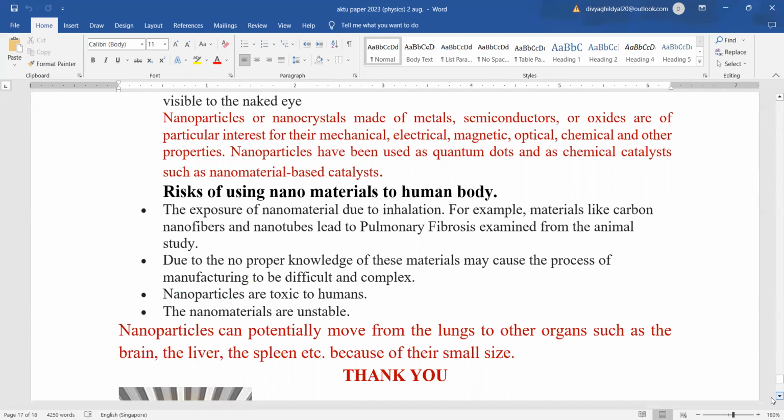Research is still going on with nanomaterials, which, because of their small size, have the potential to move from the lungs to other organs such as the brain, liver, etc. And since a lot of research is still going on, inhalation of nanomaterials can also be very harmful for the lungs, etc. of the human body. Cosmetic products made from nanomaterials can also be harmful for